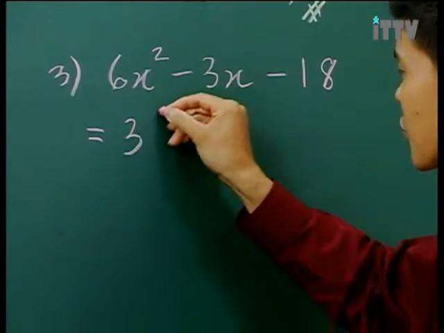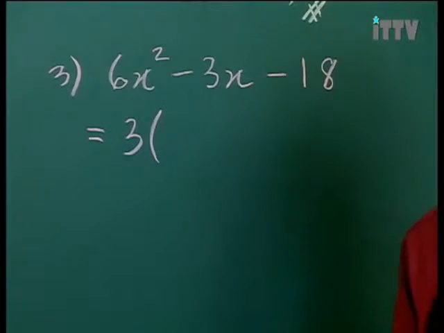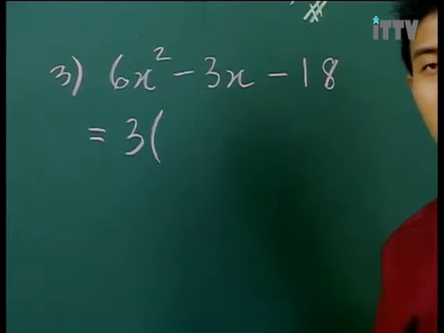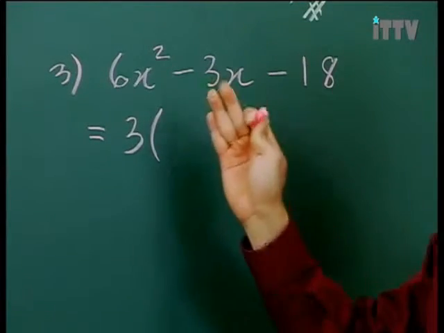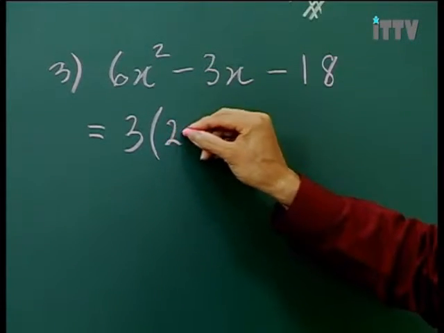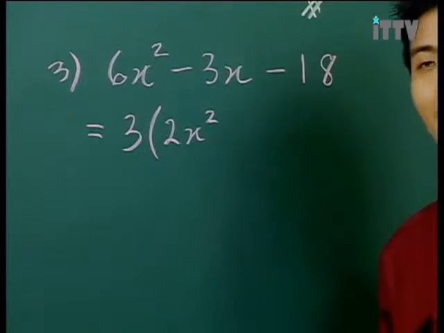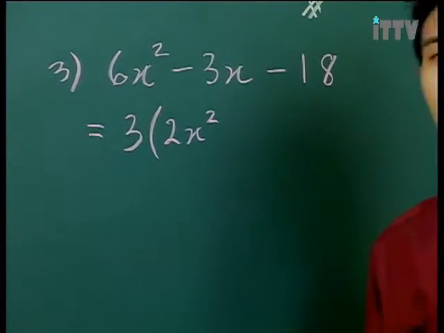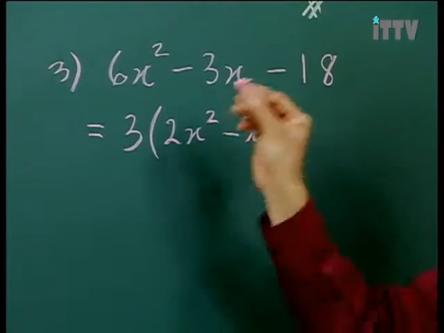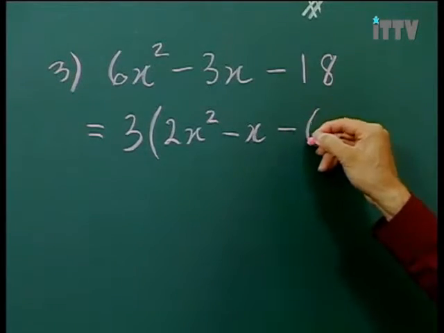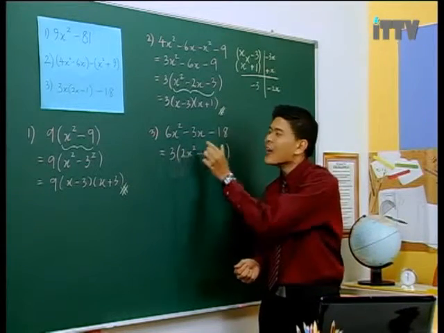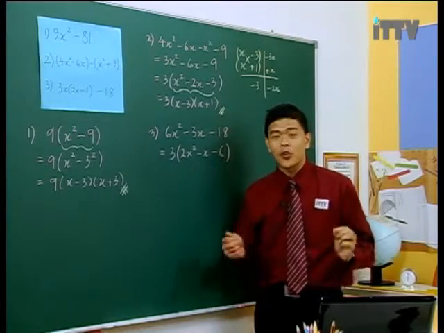So take out the 3, and what is inside the bracket? The expression in the bracket is when every term is divided by 3. So go step by step and be careful, especially of the sign, positive or negative. 6x squared divided by 3 gives you 2x squared. Minus 3x divided by 3, minus x, and minus 18 divided by 3, minus 6. So we have managed to extract 3 out of everyone first, and that is the first step for a quadratic expression